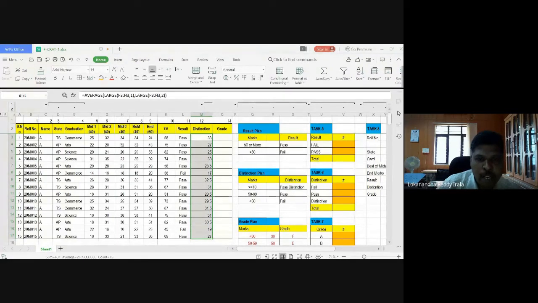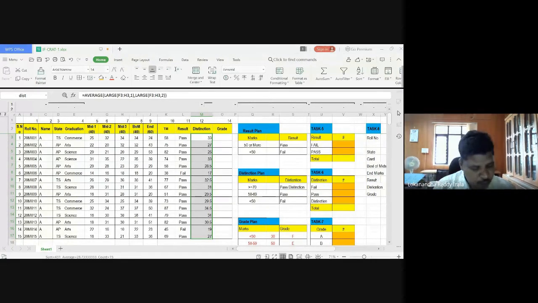So now I think you have understood, or I'll repeat what he has done. The first thing is, out of these three things, which is the best one and which is the next best. So for this, he has used this large function. Large out of these three, what is in the first position, the first best, 34.